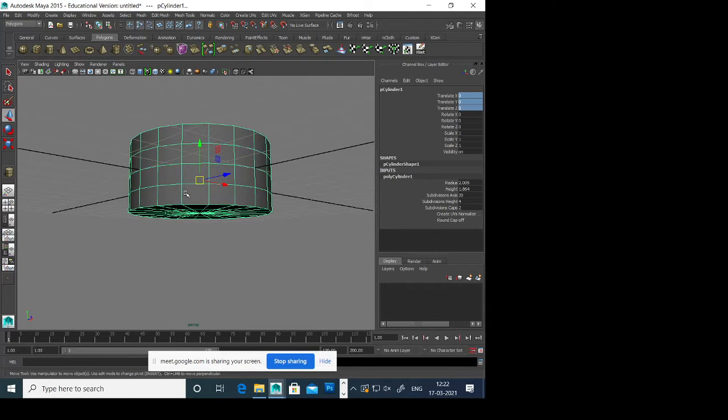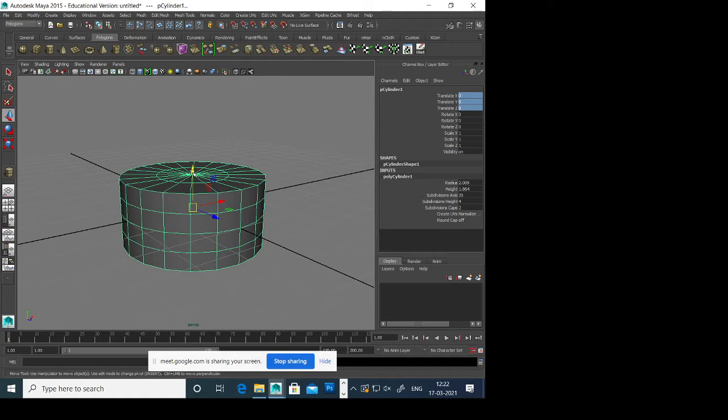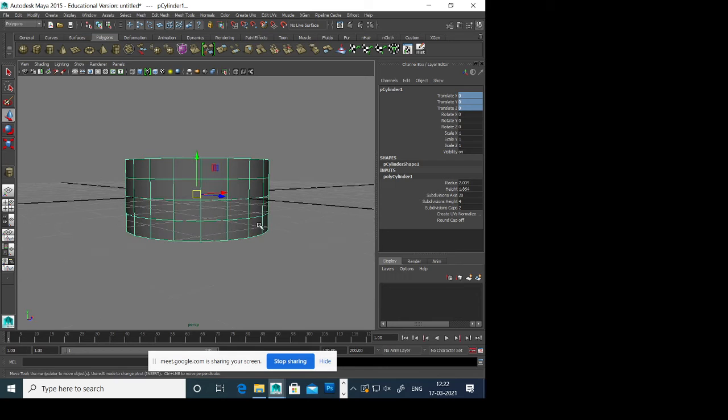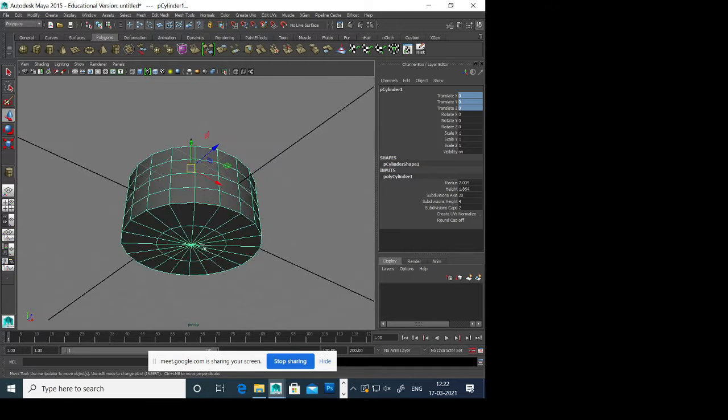In Max, to change the pivot, you have to go to the pivot setting and then change it, right? Here, just press D and V for vertex snap. If you want to move the pivot point simply without snapping, just press D on the keyboard and use the left mouse button. So now I can place it wherever I want instantly. But if I want to snap it, D, I want to snap to this position. D and V, vertex snap, done